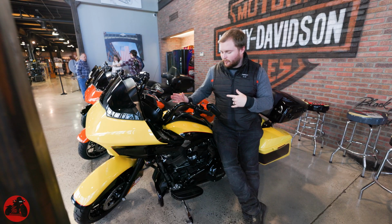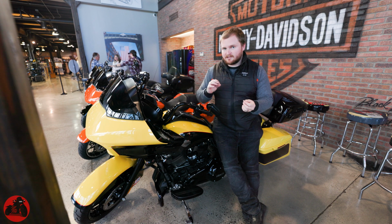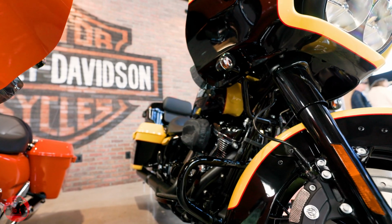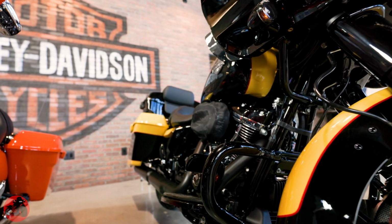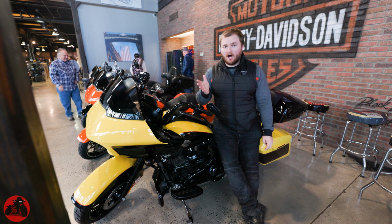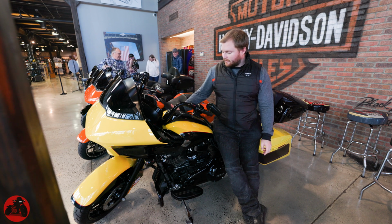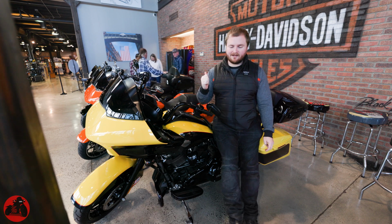It looks a little bit more muted than it does online. Online, it looks a lot more vibrant of a yellow. Here, it's looking a little bit more of a butter yellow. The other colors are going to be the entire blacked out engine case and blacked out display. Everything else is going to be pretty much the same as any other Road Glide Special, but this color is very interesting. Now let's go ahead and hop on the bike right behind me and talk about the